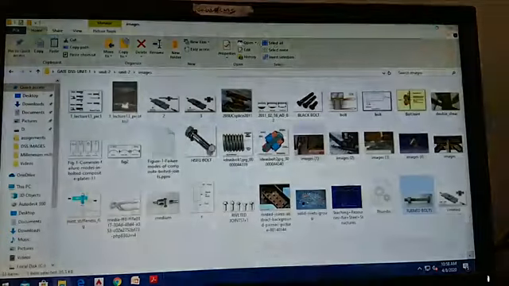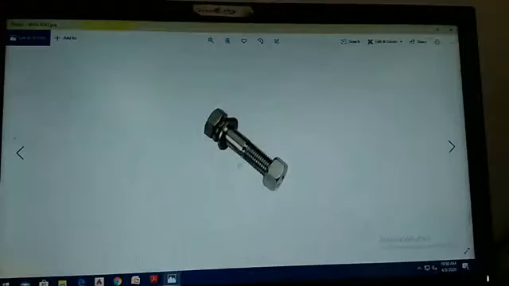I will show you the HSFG bolt also. This is how the HSFG bolt looks. See how nice it is. Compared with the turned bolt, the HSFG bolt will have more strength because it is made from HYSD bar, and it will have washers. The shank portion is completely smooth, and you can tighten the nut up to its proof load. It won't break, so it has the capacity to sustain up to a proof load.